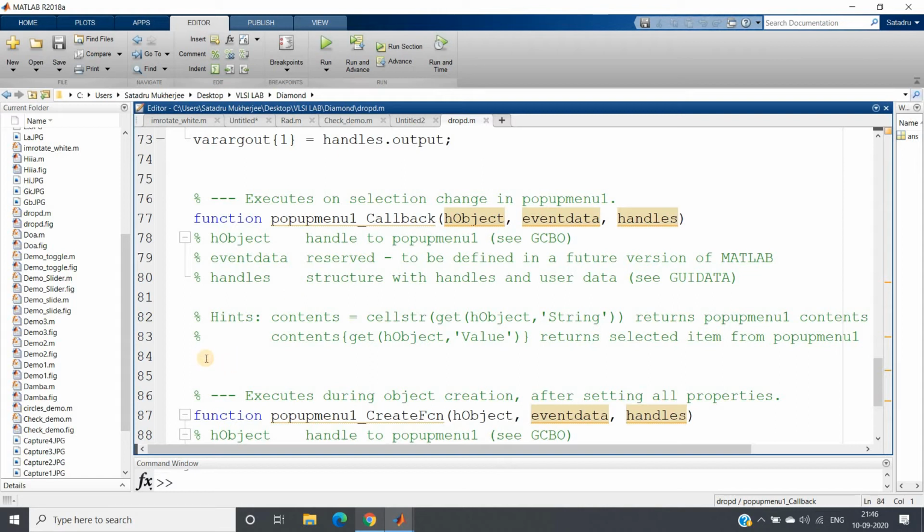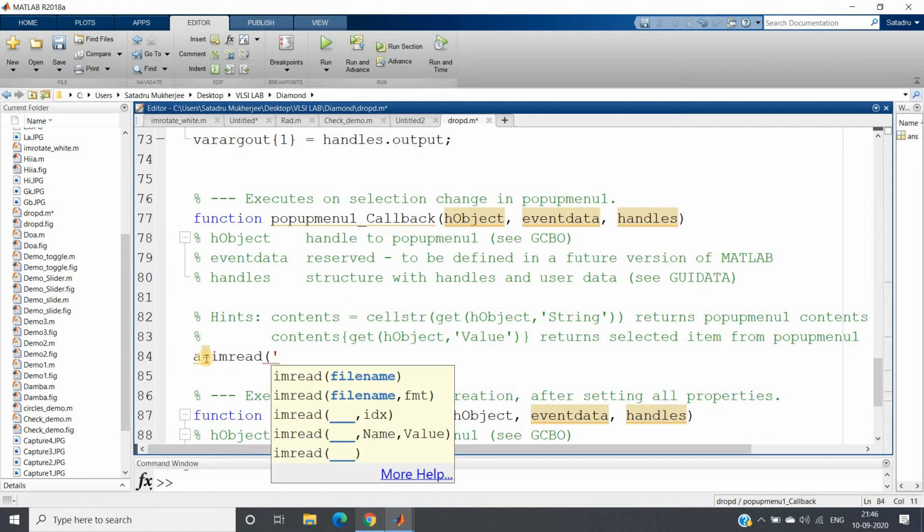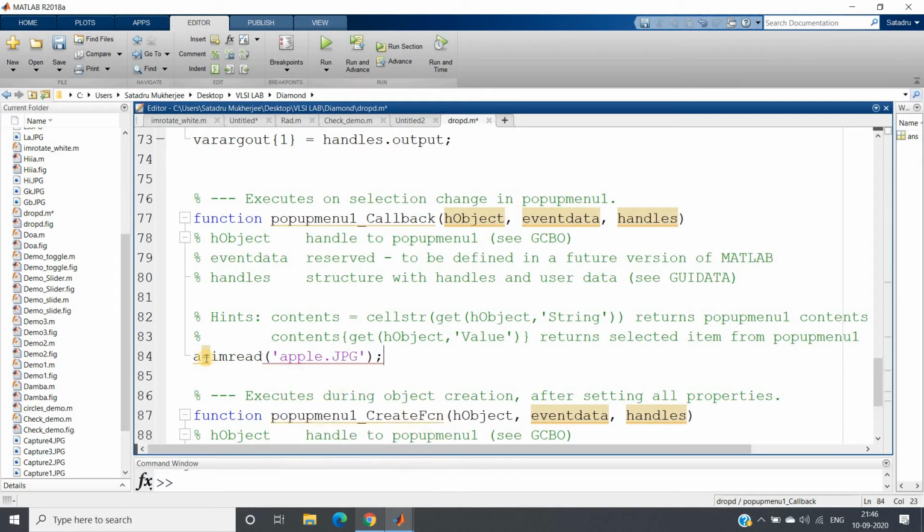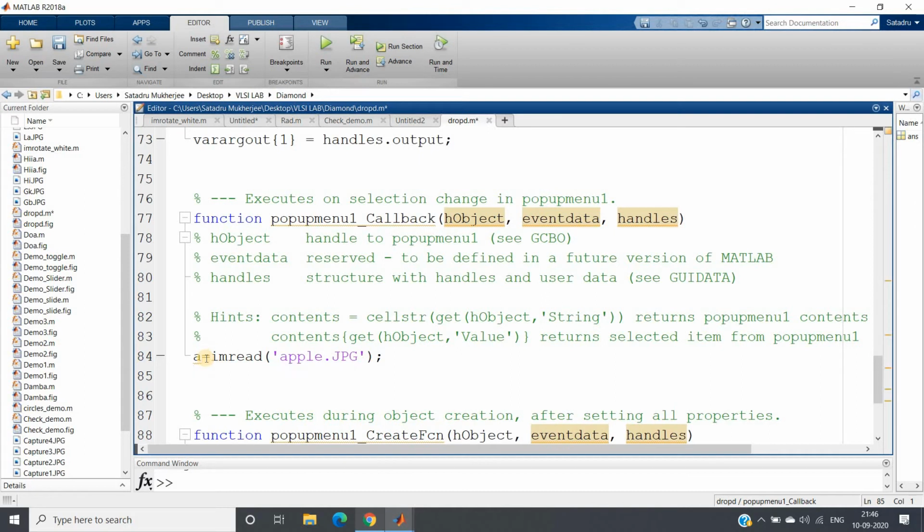So here we have to write, okay? So what I can do, I will be reading one image, a equal to imread apple.jpg. I have taken this image from the internet, then axes handles.axes1.